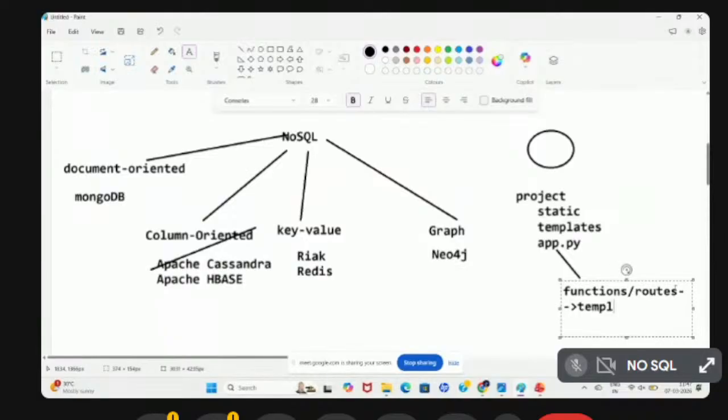టెంప్లెట్స్, దాన్ని మనం ఏమంటాము? HTML ఫైల్స్. HTML ఫైల్స్. మీరు ఇక్కడ అబ్జర్వ్ చేస్తే